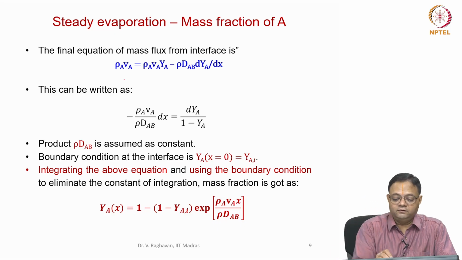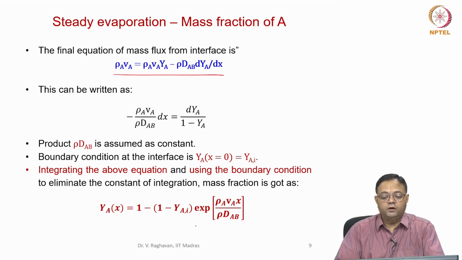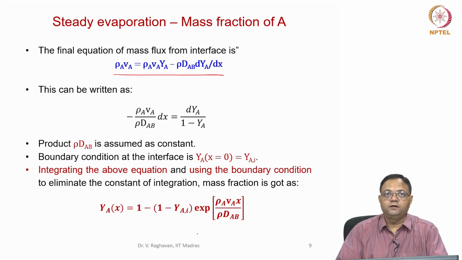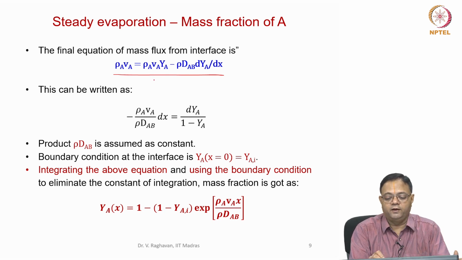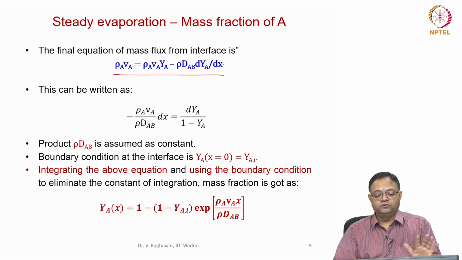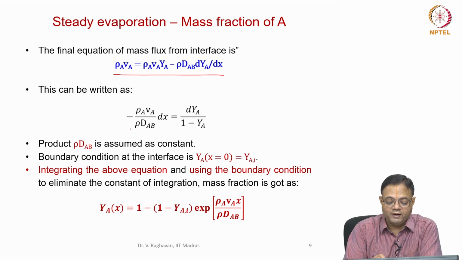So, then this calls for the governing equation at the interface, which is nothing but rho A V A equal to, instead of rho V, now I write rho A V A Y A minus rho D A B dy A by dx. So, this is the equation I have. So, now I can separate the